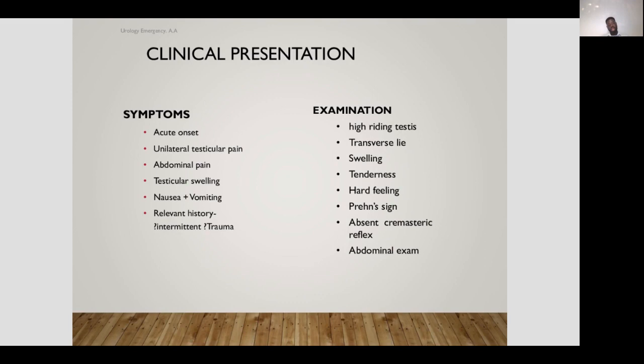And tell the patient that you're about to examine them. Usually start from the non-painful side so you can appreciate what the normal anatomy is for these patients. So you need to touch the testes, feel for warmth, if there's any differential warmth. It might be difficult to differentiate from epididymitis with the warmth or not, but you need to check if there's